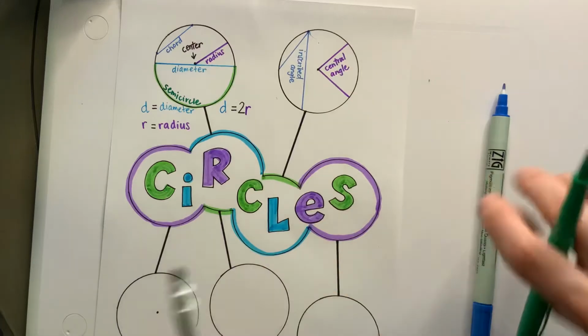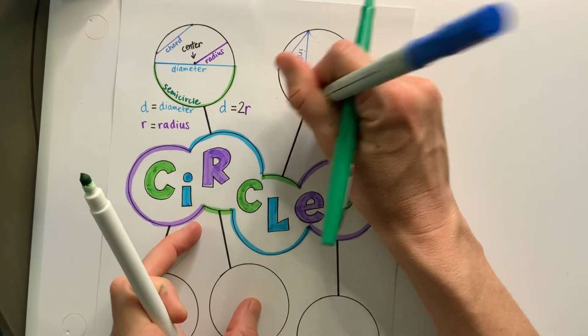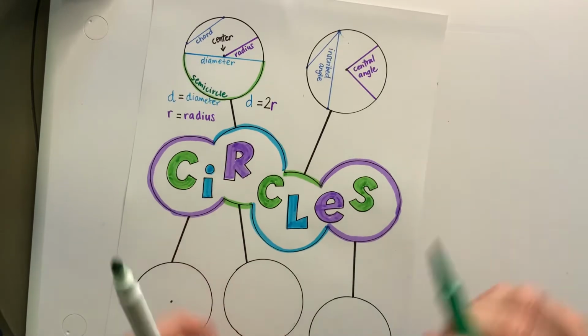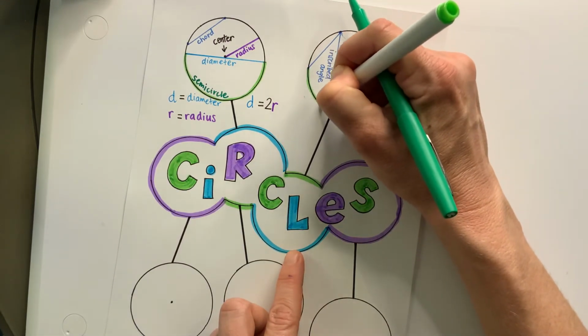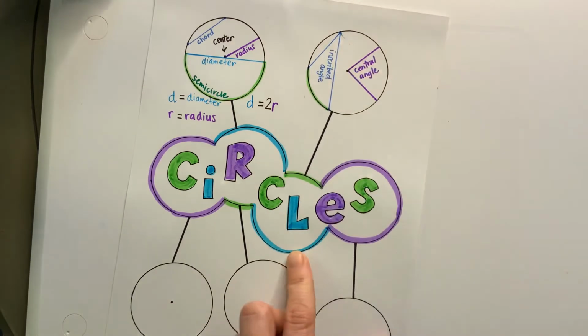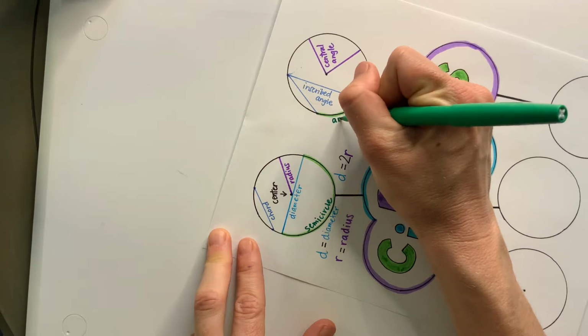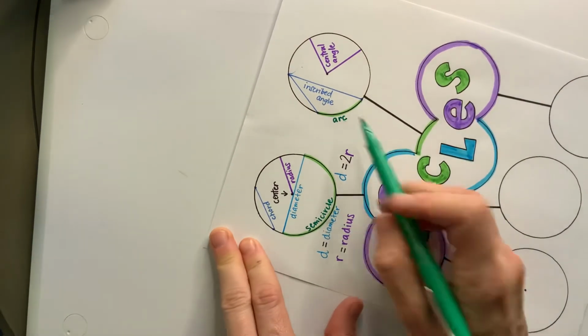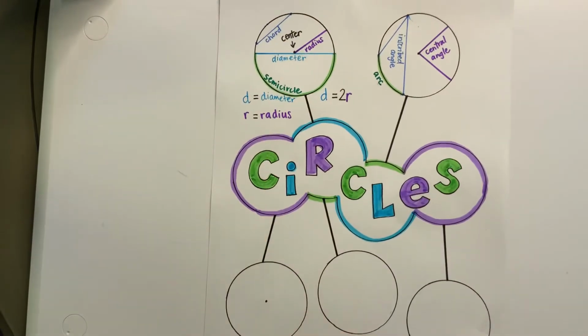And then any connecting point along the edge. So if I were to do that point along the edges of that inscribed angle, and I were to connect those 2 points along the edge, this is called an arc. So this segment would be called an arc. All right, so